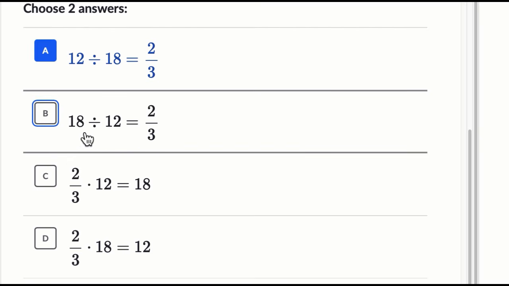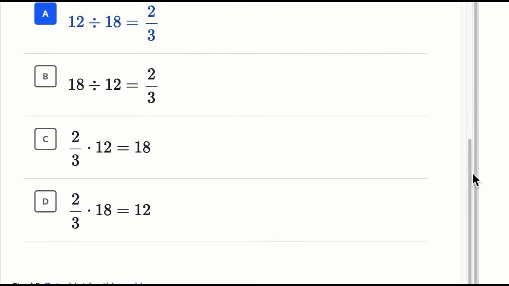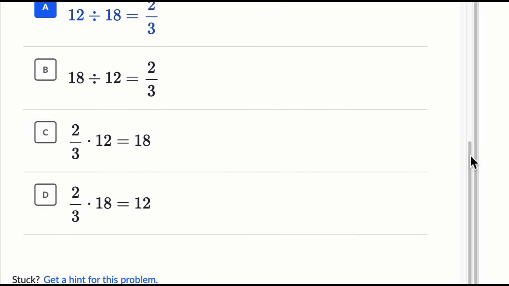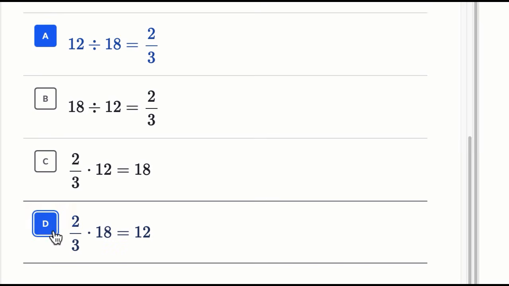B, this is how far I need to go divided by 12, and that isn't 2/3. This is going to be over 1. 18 divided by 12 is more than 1, so I definitely don't like this. This is just mathematically incorrect. 2/3 times 12 is 18. Well, that's not going to be right. 2/3 of 12 is less than 12, not greater than 12. So by process of elimination, we can assume that D is going to be right,